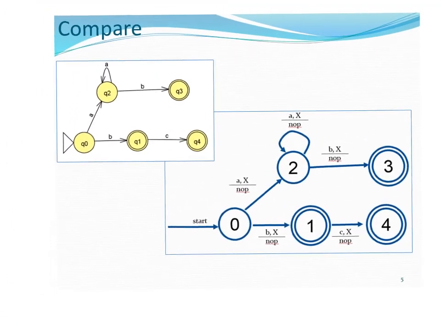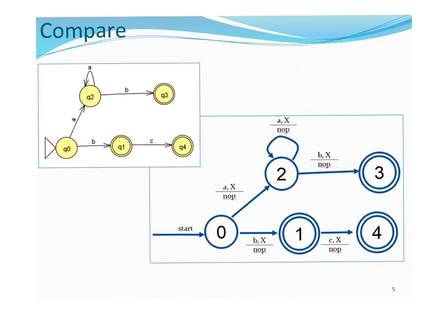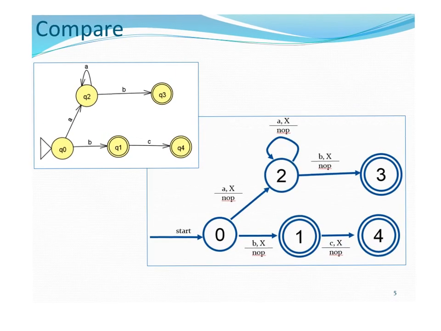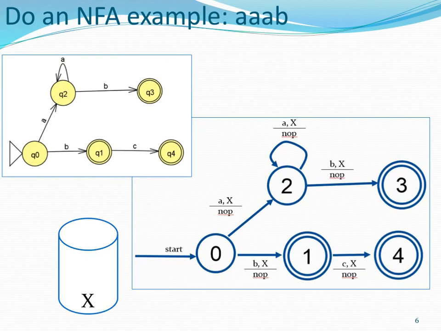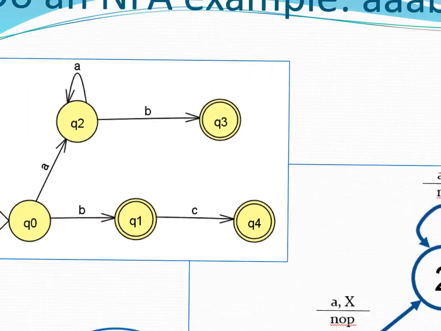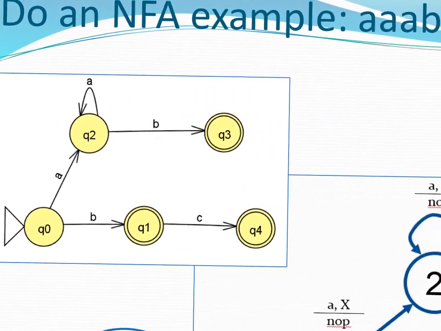So let's just take a look and do an example on this NFA of a string, and then on the PDA on the string, and then I think you'll feel better about what's going on. So for starters, see if you can ignore the PDA, and let's just do the example on this NFA